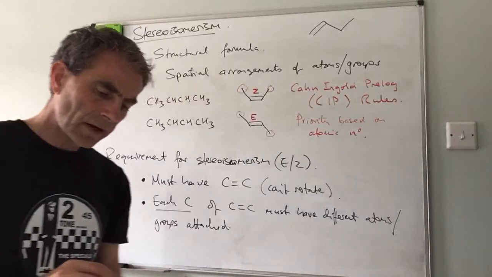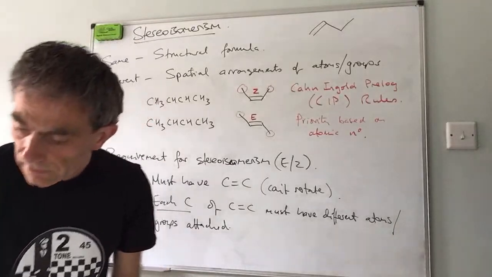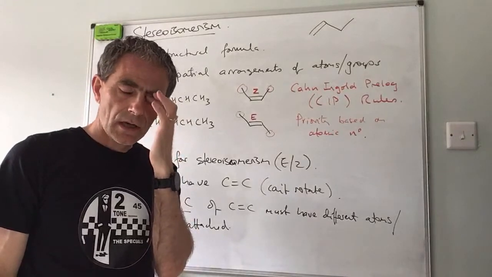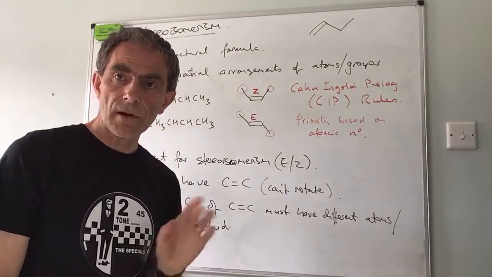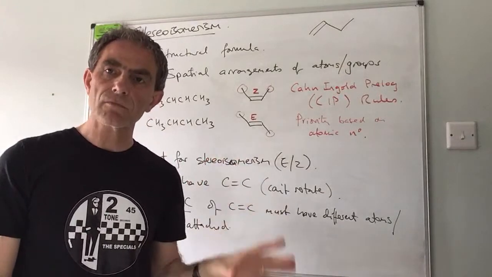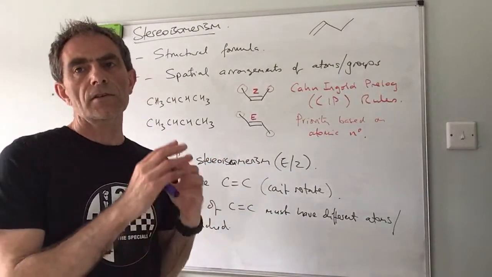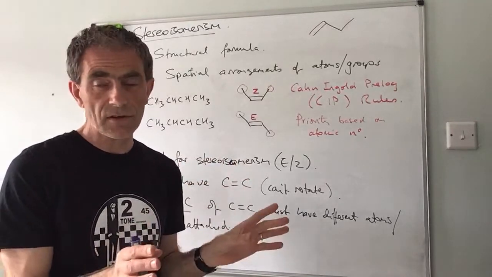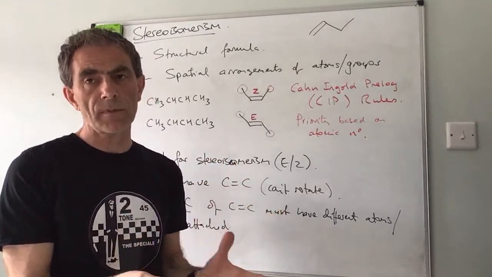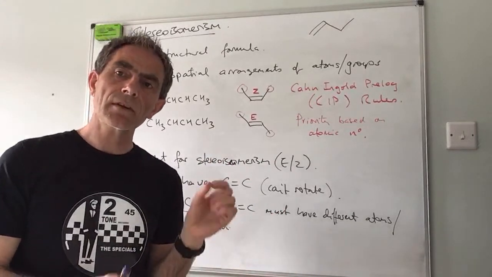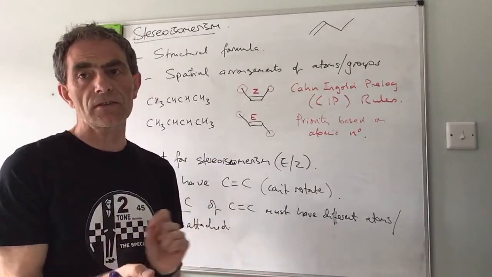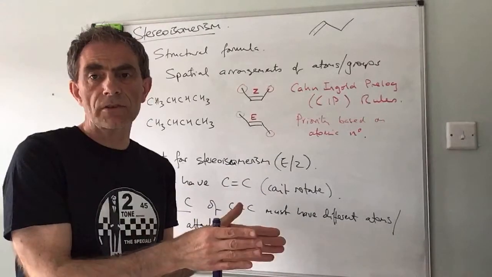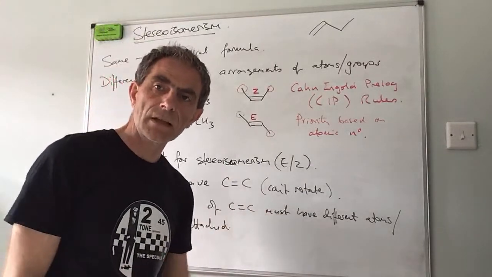Yeah, a lot of people are asking about cis-trans, so I'm going to move on to that now. Now, I don't know if you're using OCR, I won't name the textbook, but the textbook's wrong, and the publishers have said it's wrong. Okay, so some textbooks base cis-trans on hydrogen. It's not to do with hydrogen. Okay, so I don't know whether you've been told that or not. But it's all about having identical groups on each of the carbons of the double bond, okay? So it's not limited to hydrogen, which some books mention, okay?